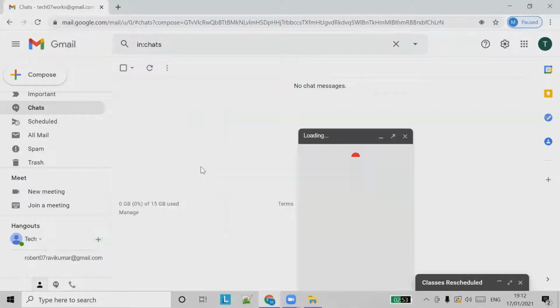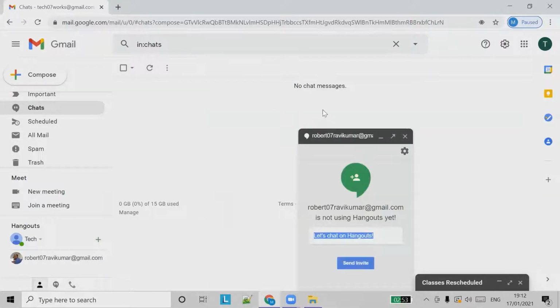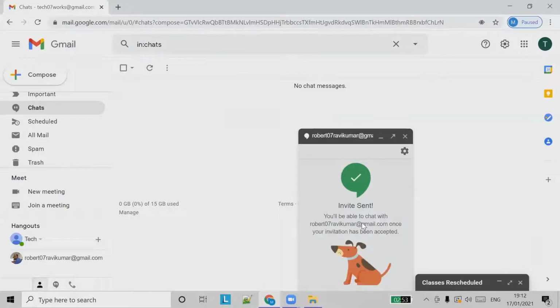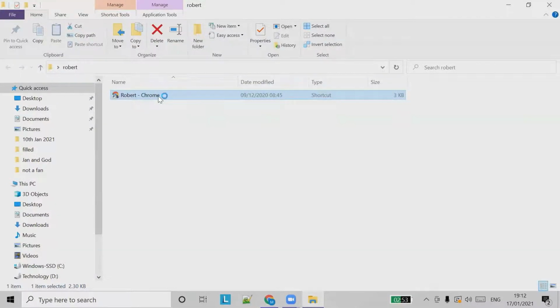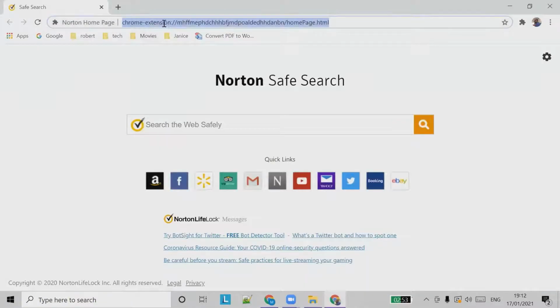So I can say invite, and you can invite another person to chat with you, and you can chat with them only when they accept the chat. So let's say we log into the other account.